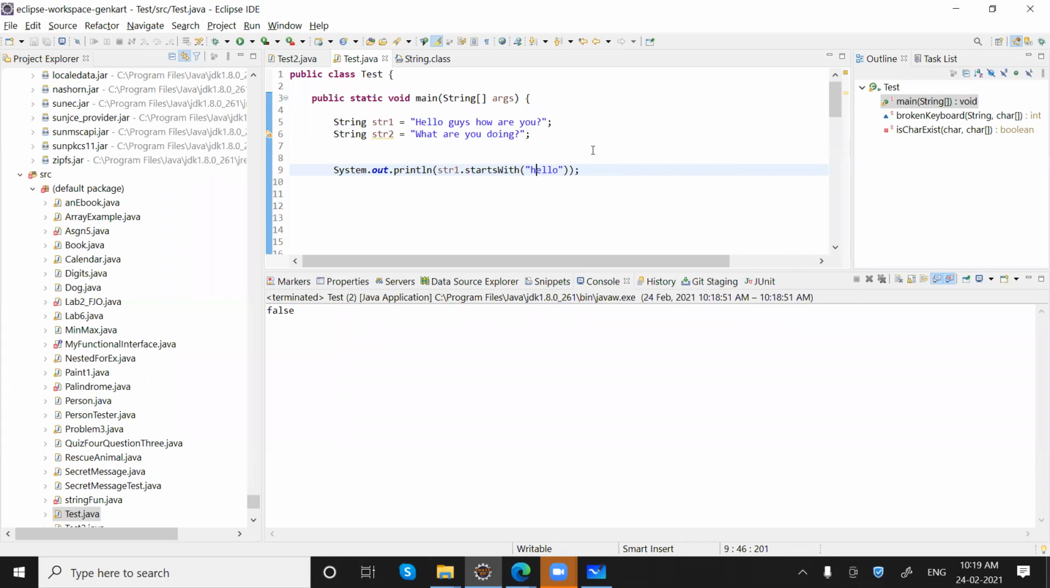Like if a particular string starts with a particular pattern or not, or ends with a particular pattern or not. All right. Now, next thing we have is two strings: str1, which is containing hello, and this is also containing hello, right? And if I say str1,